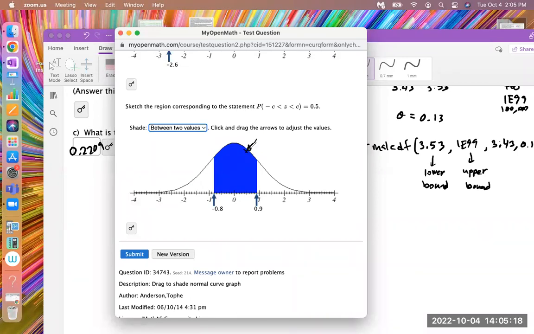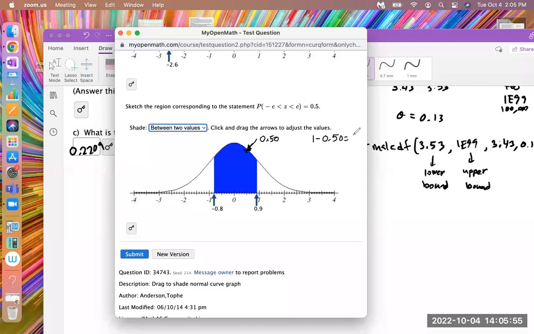That blue region, we're not exactly sure. I mean, our numbers are 0.9 and 0.8 right here, but we don't know what this value has to be along the x-axis exactly yet. But all we know is the area between them has to be 0.50. So if the area in between these numbers is 0.50, that means the white tails on both sides have to add also to 0.50, because the area under this whole curve is one whole. So 1 minus 0.50